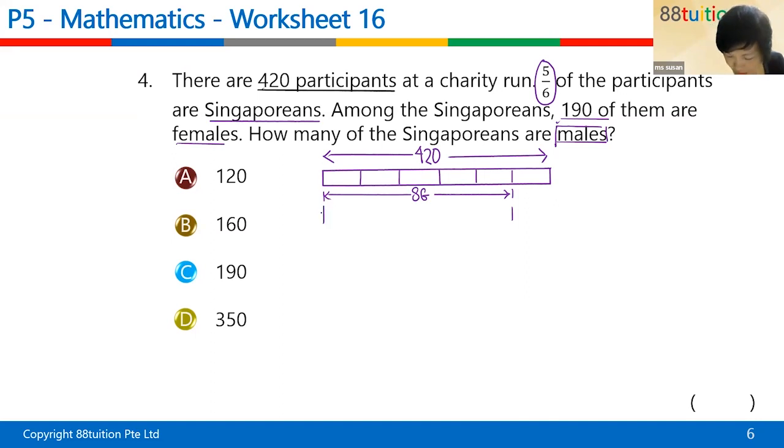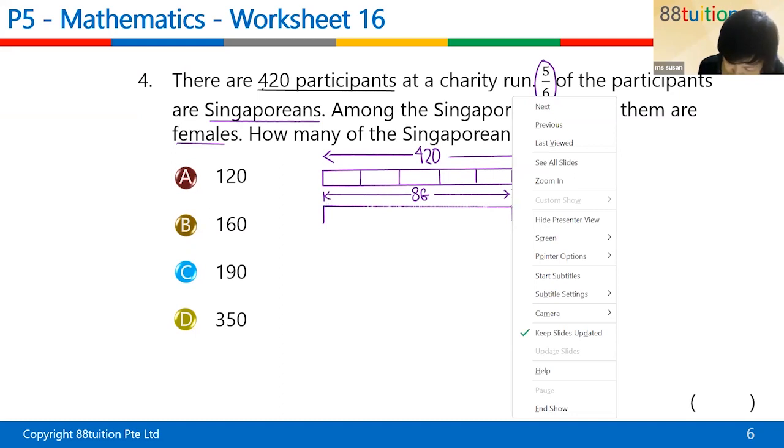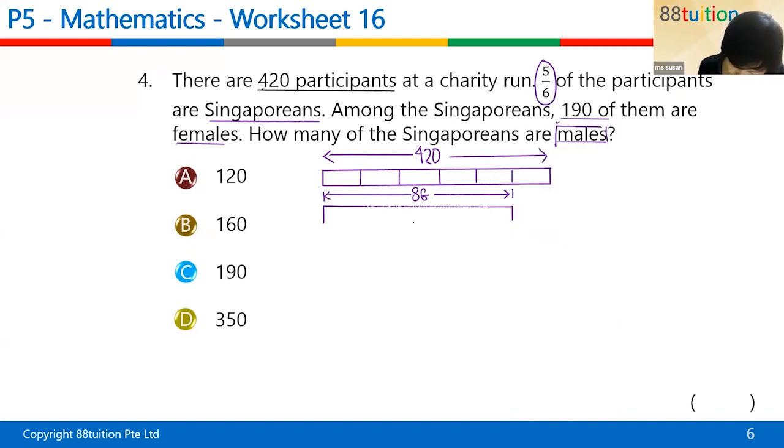I'm going to pull down the model and then part of it. 190 female. And then the rest are male. So this is the question mark that the question wanted you to find. So you have 1, 2, 3, 4, 5, 6 units is equal to